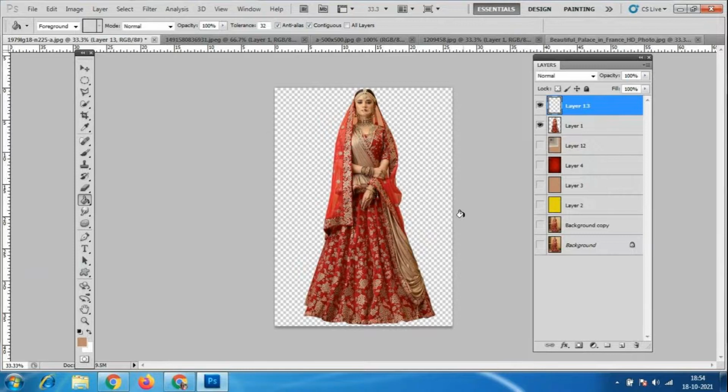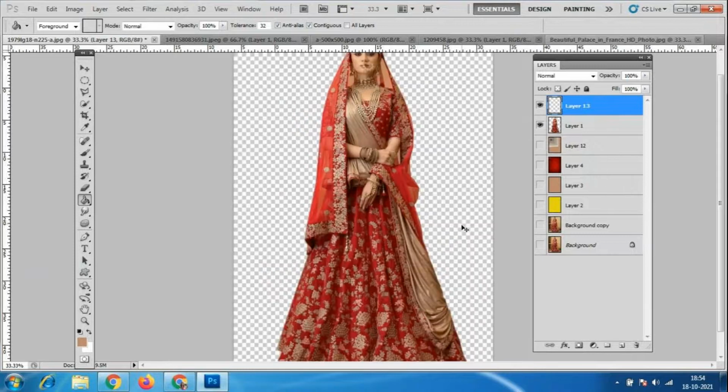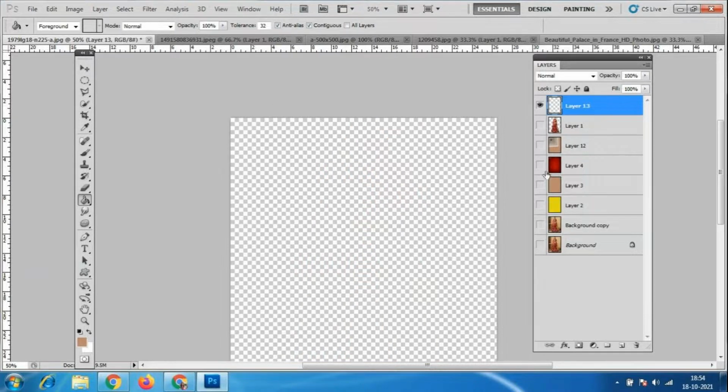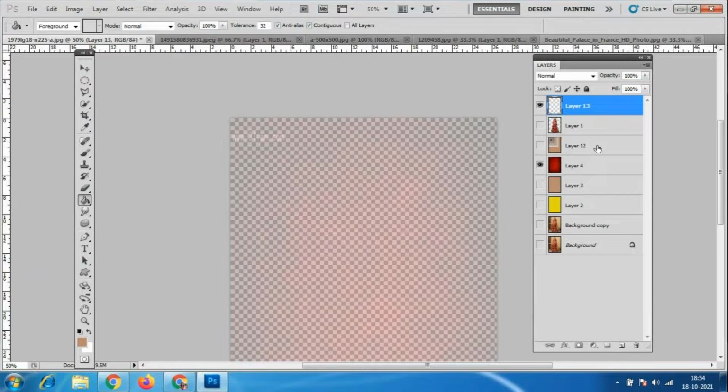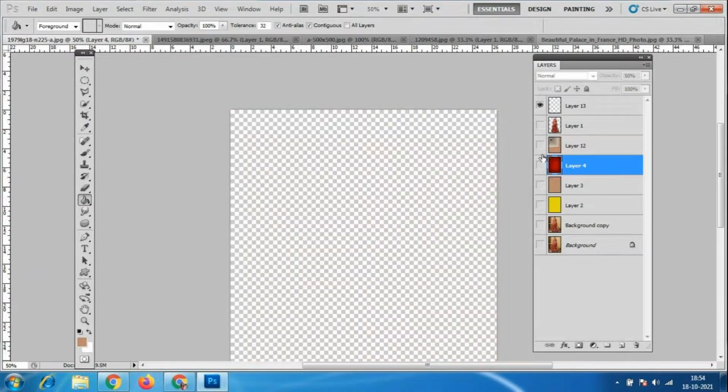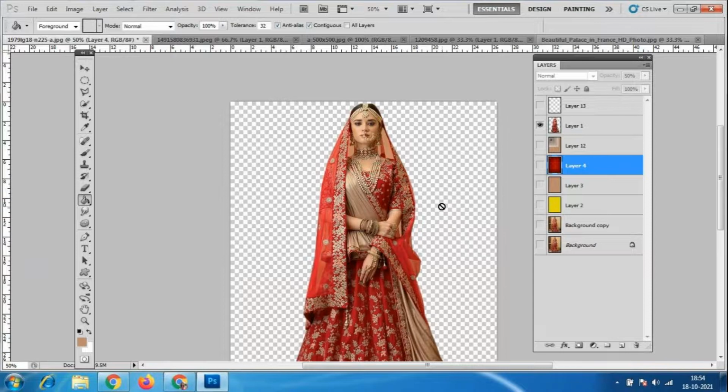Suppose I want to change the background, or add a different girl with the same background. Then I can hide this girl and add a new background. We can add whatever backgrounds we want, so that's why we keep everything in a different layer.